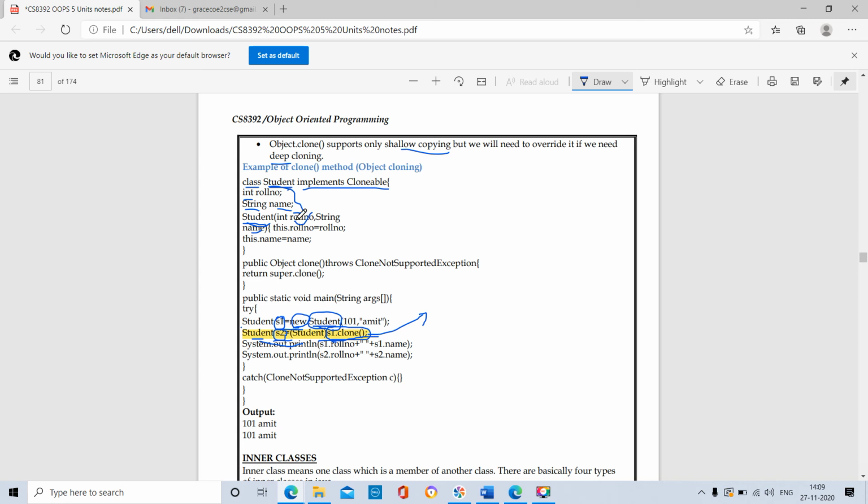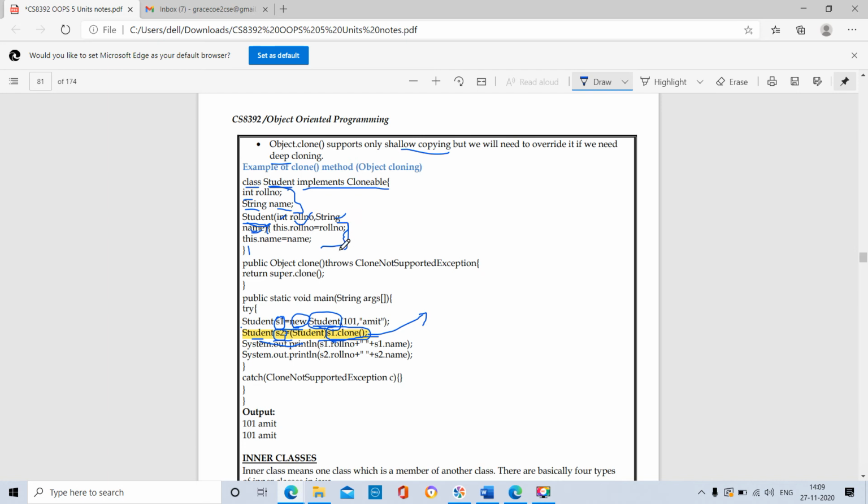Roll number is of integer data type, and name is of String data type. So we are passing two arguments to the Student constructor. In the open and close curly braces, we define the body, or definition, of the constructor.